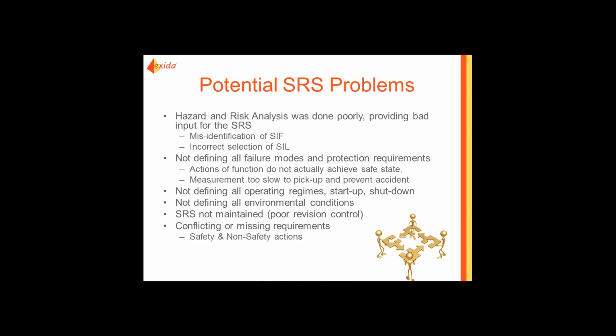Conflicting or missing requirements, safety and non-safety actions. The standard is very clear about separating SIS and safety from non-SIS, in other words, from the BPCS. And we know from experience, we've all seen it, that there are systems that mix the two. I had an example where one client said he had 150 I/O in his BPCS and he had 120 I/O